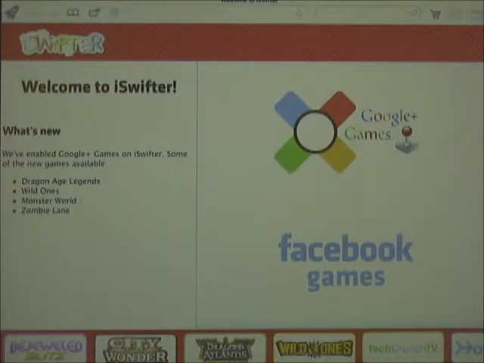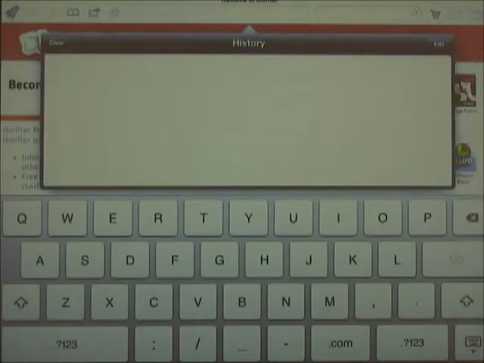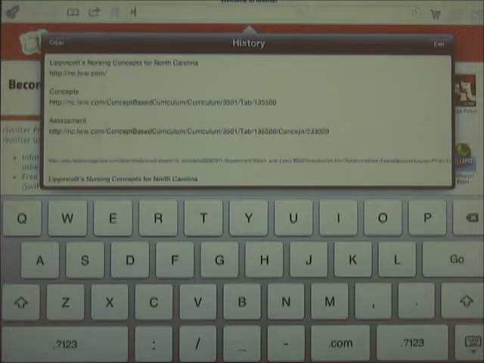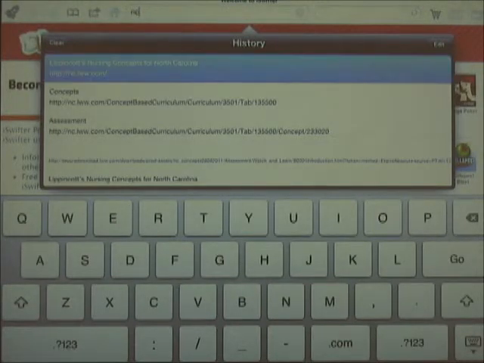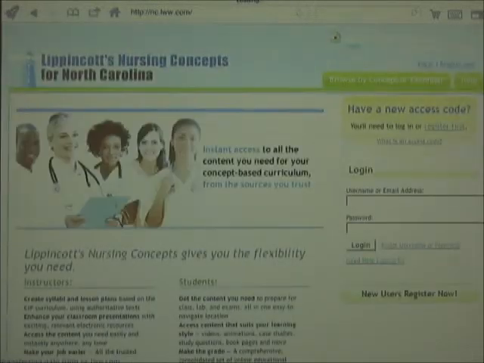And if I click on Google Games, up on top in the URL window, go ahead and type in whatever area you're trying to get into. So in my case, it's the North Carolina electronic books. Now the electronic books are accessible on the iPad, you saw that. But the videos are not, because the videos are Flash-based. So in order to pull up those videos,